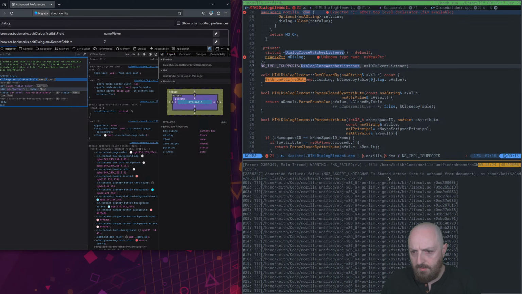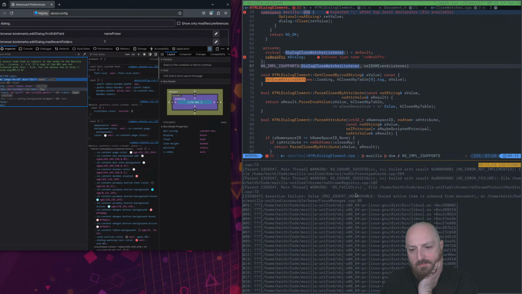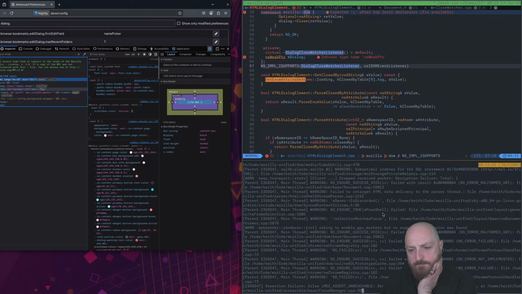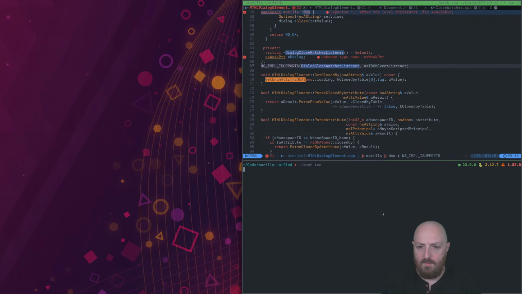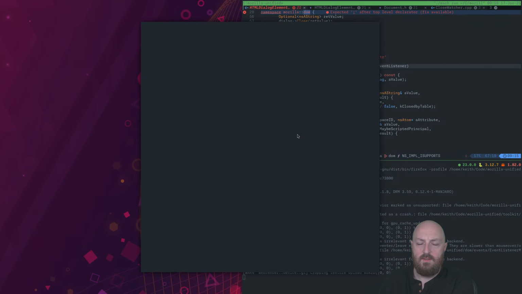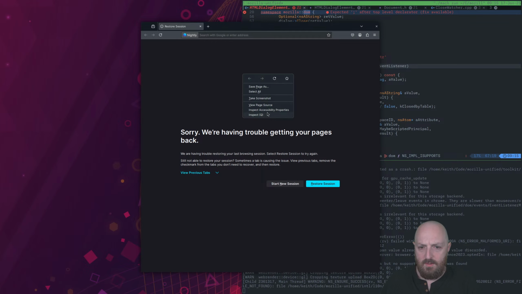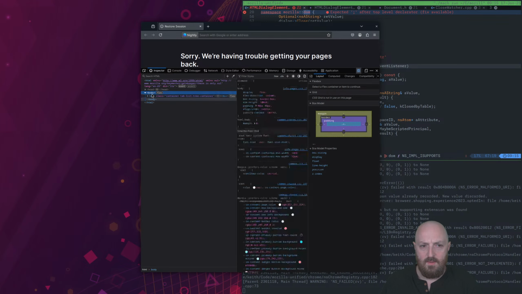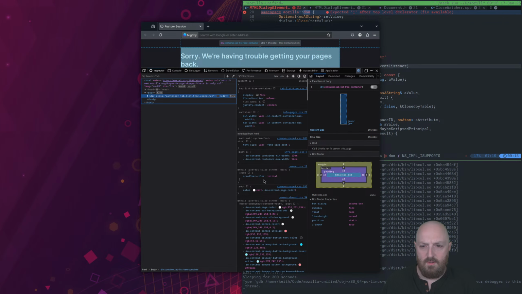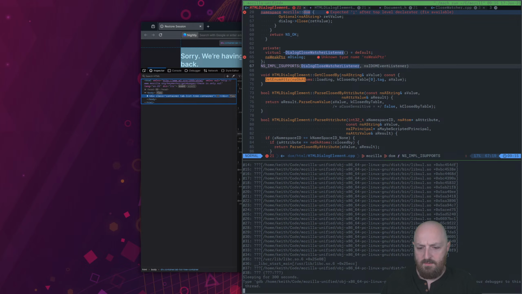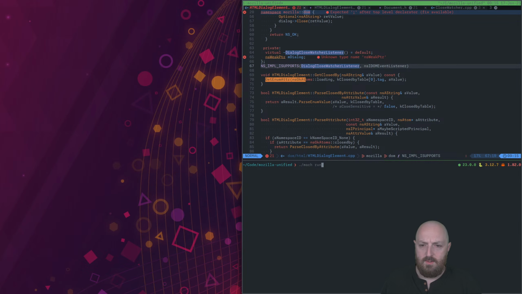Is that unreachable? Stored active item is unbound from document. Focus manager. I don't know if that's us. Anyways, try one more time. Nope, it's frozen again. It's something to do with DevTools. That's super interesting. Okay, well,